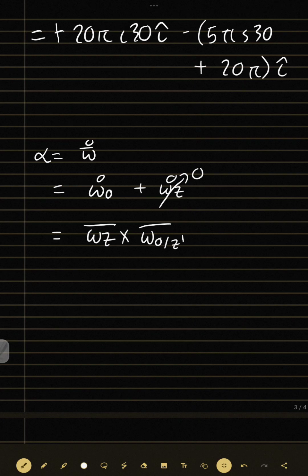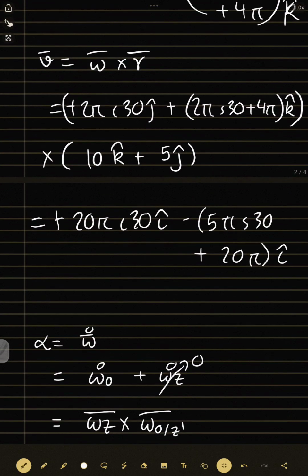So you write 2 pi cos gamma j plus sin gamma k cross omega naught. So k cross k, any problem? K cross k is 0, j cross k is i. So you will get alpha